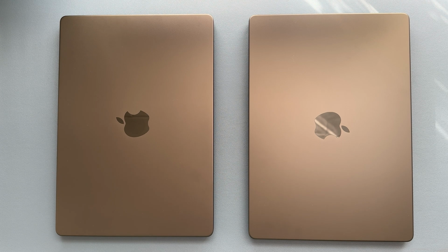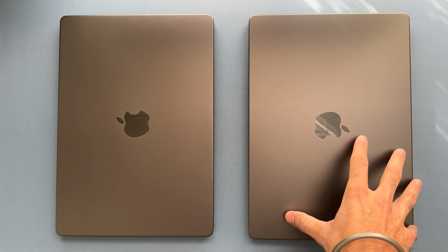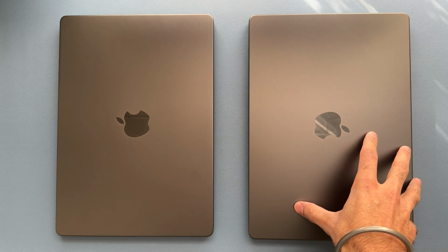I thought to myself, for a MacBook Pro, which is really expensive, I picked this up for 1599, a really expensive and premium device, why is it making that fan noise? It doesn't really suit how much I paid for it, if you see what I mean. I didn't expect that from it, so I looked further into it and looked at different options. I picked up a 16 inch as well, and I picked up a 14 inch in the M4 Pro eventually,